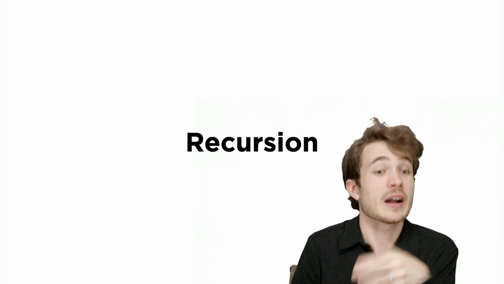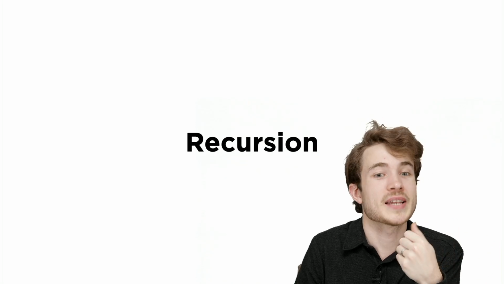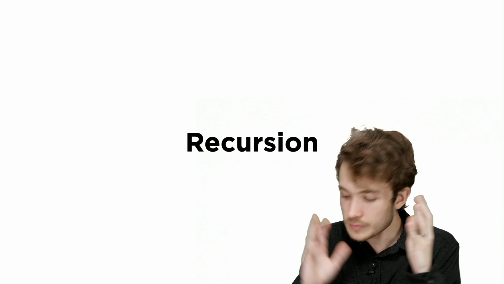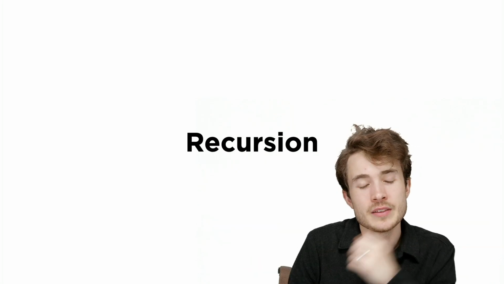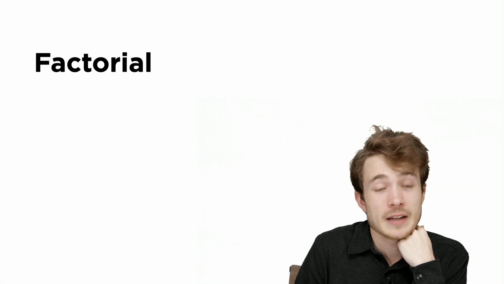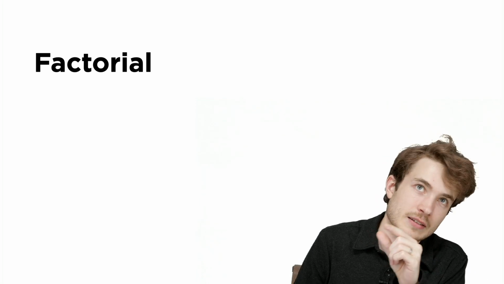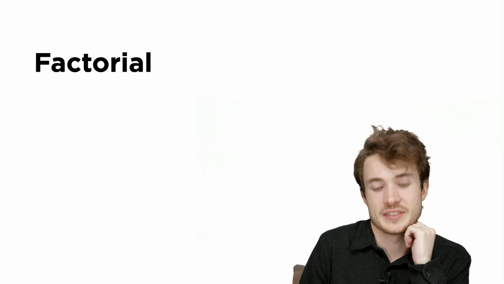And so we'll talk about the kinds of problems that actually have a good potential to be solved with recursion. Now, one problem like this is this idea of a factorial. If you aren't familiar, a factorial is simply a number where you take that number and multiply it by the number that's one less than it, the number that's one less than that, the number that's one less than that, and so on. So let's take a look at an example here.